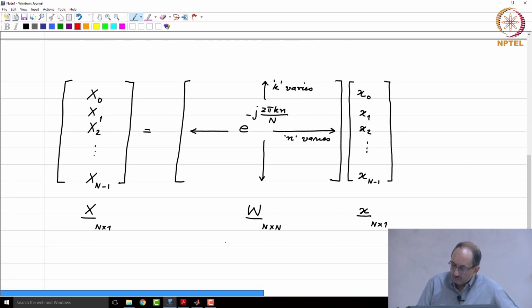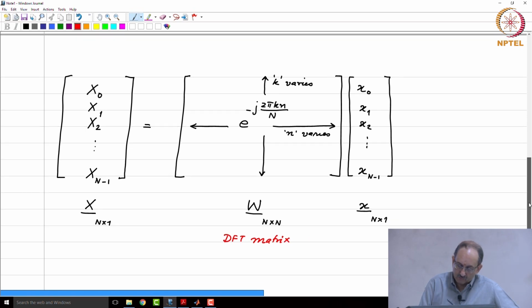And this is also called as the DFT matrix, and the notation cap W is used